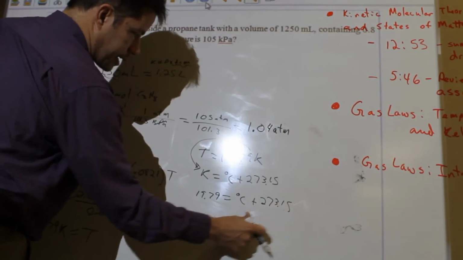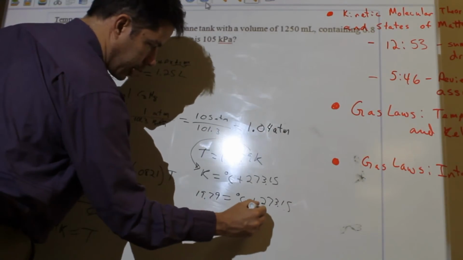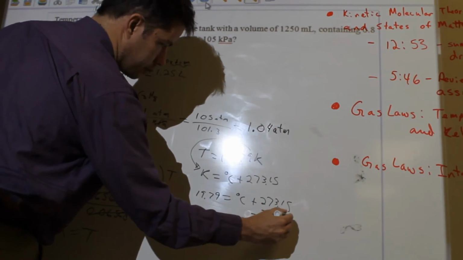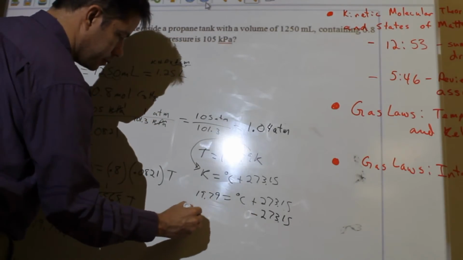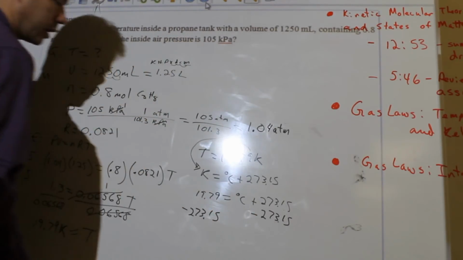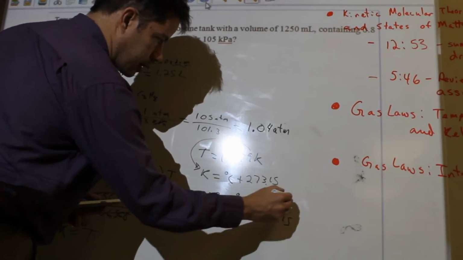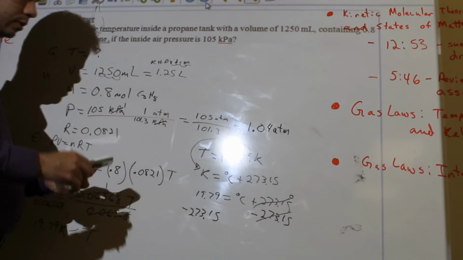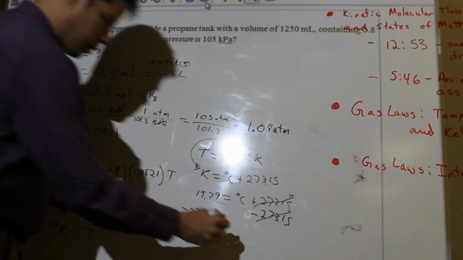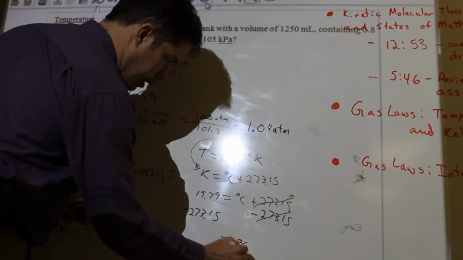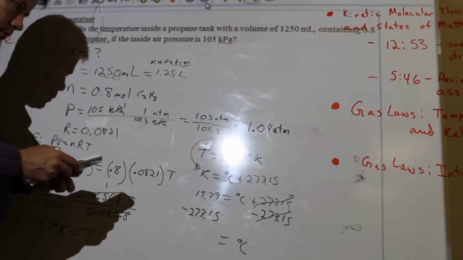This number is adding, so we're going to subtract from both sides. And so you're going to get that minus that cancels to 0. Okay, so we're left with degrees Celsius equals